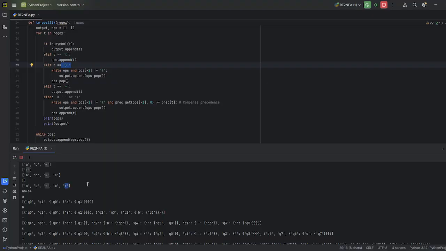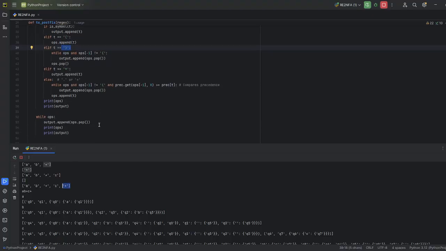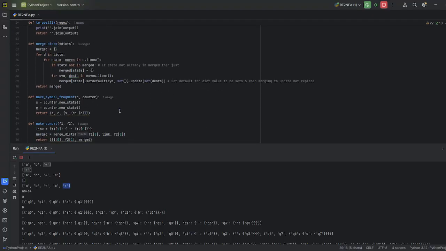So what does this do for us? You can imagine this as a kind of stack, where the stack first goes into the last element in the list, which is how we make the transition function for the NFA from an RE. As you can see here, this is now the new string that we have generated.